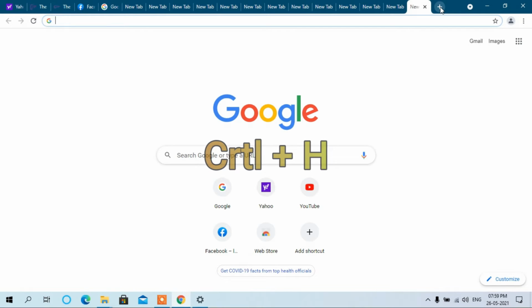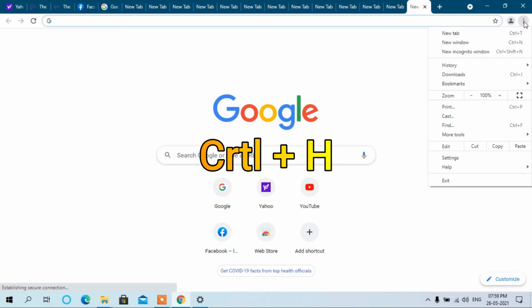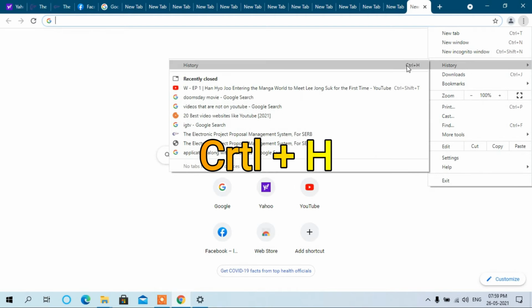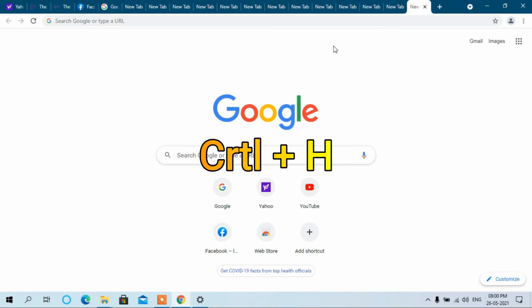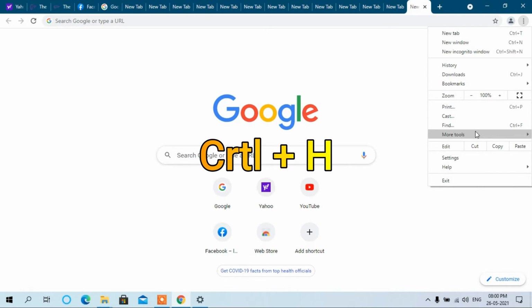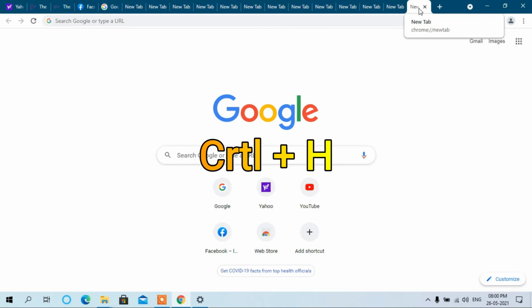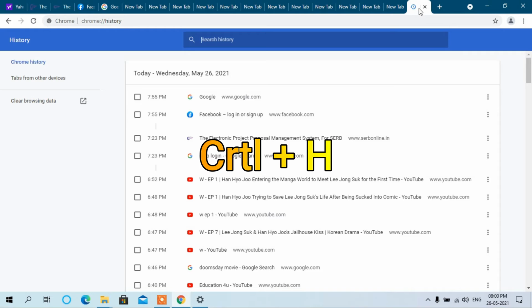Now going to the next one, that is Control plus H. Usually to see the history of the browser, we go to these three dots and look at the things going on here, but we can use the shortcut command Ctrl plus H. It will do the same as we are doing with the mouse. Just press down the Ctrl and H. We are here in the history,